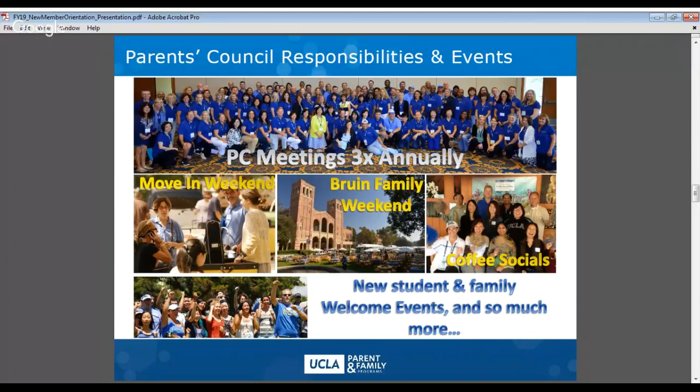In addition, the field committees produce more than 95 touch points between the campus community and parent volunteers during the academic year. As a council member, you're required to volunteer for a minimum of 3 events, but you can participate in as many of these events as you would like. Our campus partners are so delighted to have parent volunteers participate throughout the UCLA community.